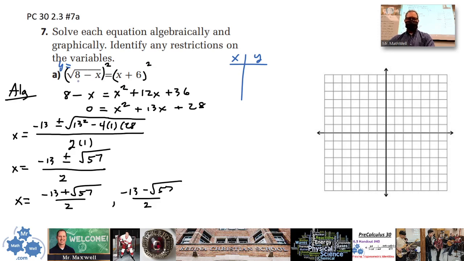So let's see, are there restrictions? Well, the question asks for restrictions. And on this side, we know that 8 minus x has to be greater than or equal to 0 because it's underneath the square root sign. So